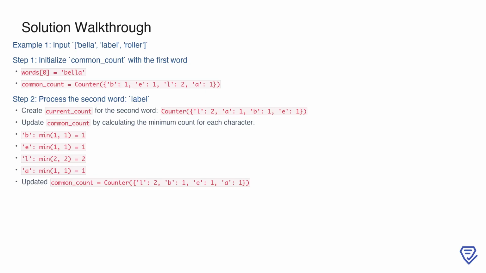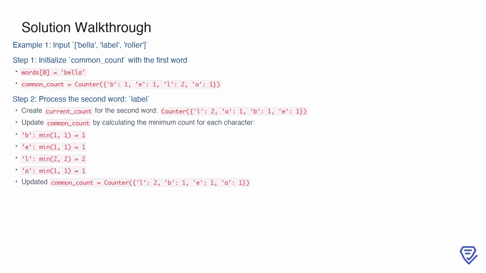Next, we process the second word, label. For this word, we create a new current_count dictionary that tracks its character frequencies: 1 L, 1 A, 1 B, and 1 E. To update common_count, we compare the counts of each character in both dictionaries and keep the minimum count for each character. For example, B and E both remain with a count of 1, L stays at 2, and A remains at 1. This gives us an updated common_count of L: 2, B: 1, E: 1, A: 1 after processing the first